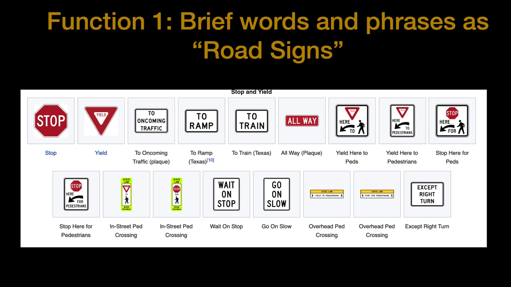So as this image shows, there are many different kinds of road signs that we might encounter when we're driving through a city or through a highway or in the country. So these are some sample road signs for stopping and yielding. Each of these signs is a single physical object that a road designer puts in a place to give information to a driver. And in much the same way, writers can choose words or phrases that they can move